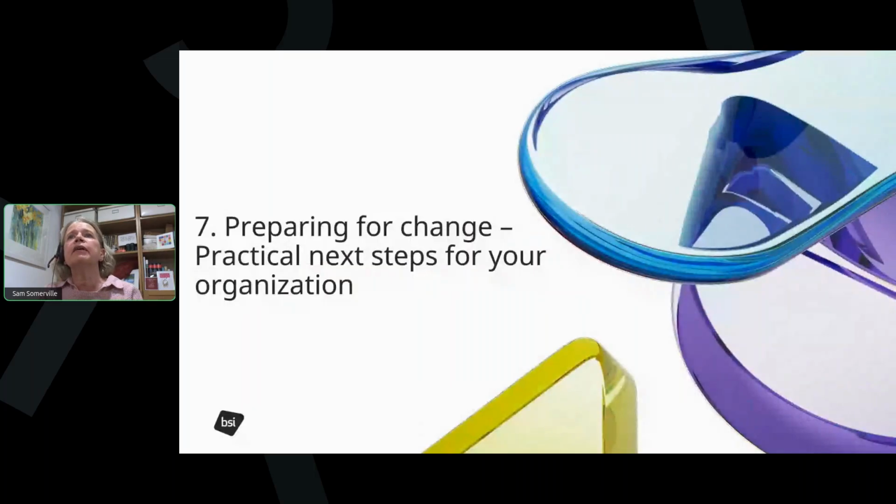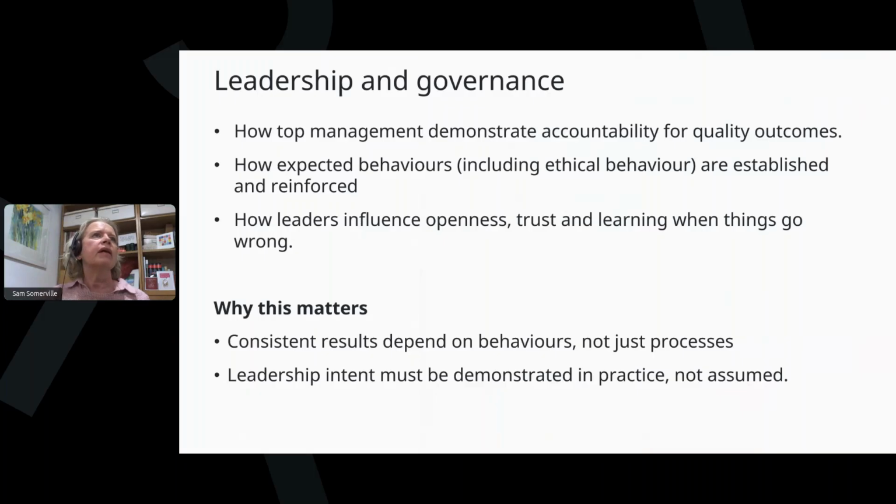Okay, so next we'll give a high-level overview of areas to consider as you think about the updates to ISO 9000 and ISO 9001 and their impact on your quality management system. So when you're preparing for the revision, it's really important that you take a look at how leadership accountability for quality outcomes is demonstrated in practice within your organization. We've talked before about the changes, and you can see here around quality culture. This is where it really matters. And this primarily links to clause 5.1.